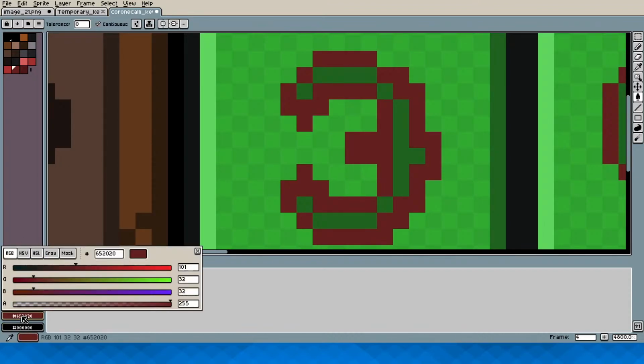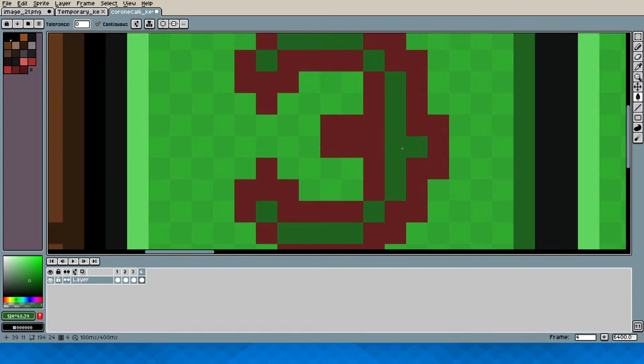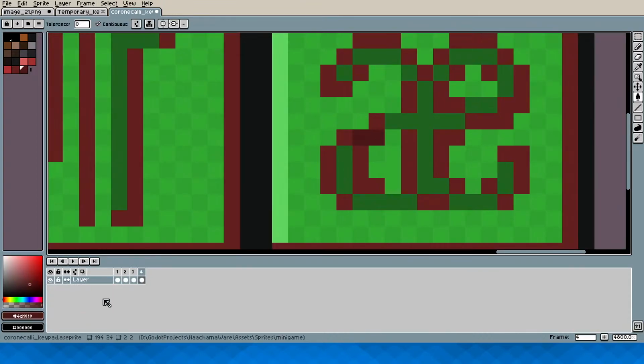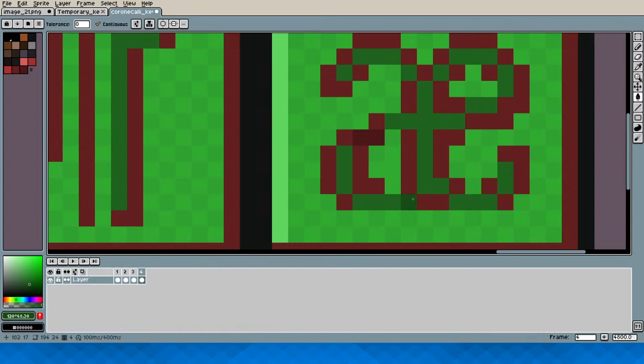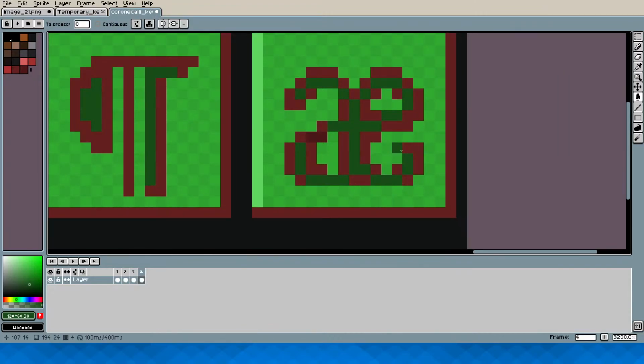I have no idea. So, is this different? No, what? Did it just fill the entire thing with the wrong color? Oh! I did! That's stupid. Just fill this like this, not contiguous.